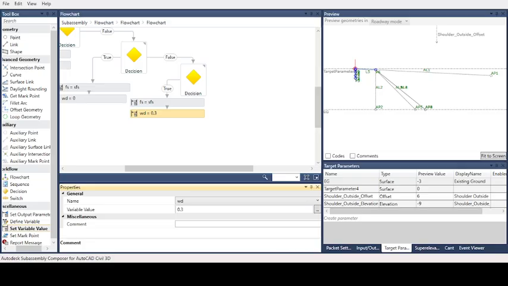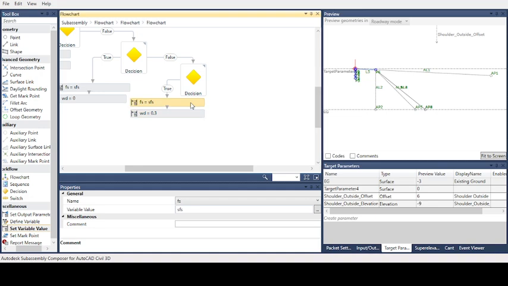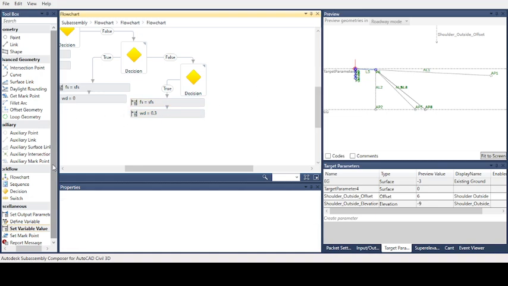The slope is 1:1.5. What if this is not valid?